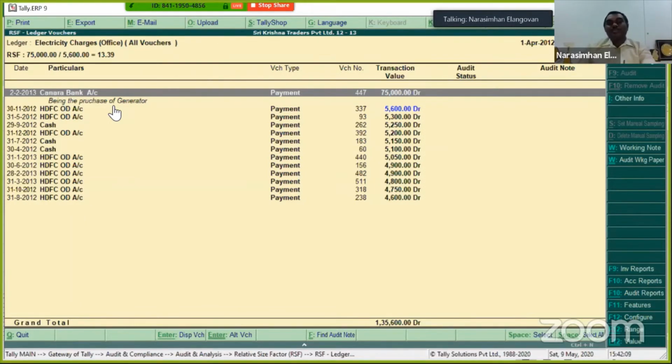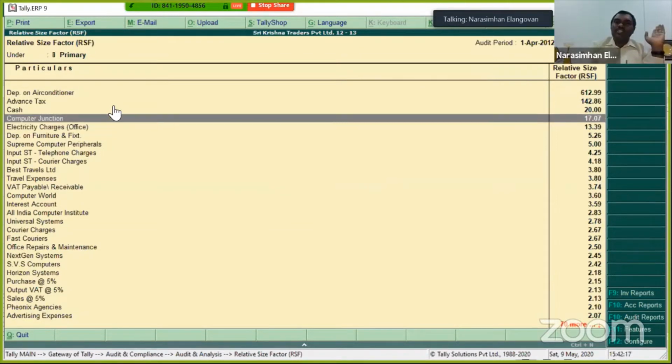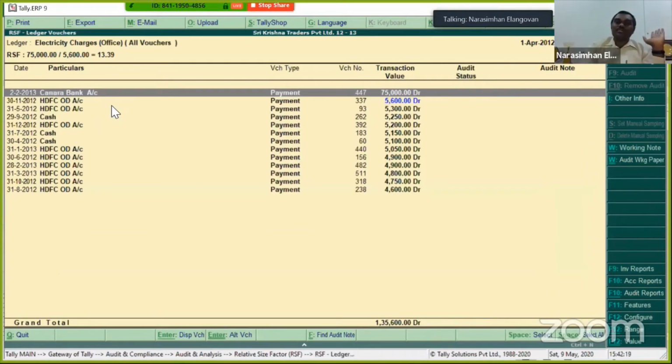And my suggestion, my dear friends, whenever you're doing this audit, forget about the rest of it. Just take this particular Excel sheet and export. Or wherever you have suspicion, just take this and export it. And you need not even sit and do all the exporting. Ask your article staff to do it. They will quickly start extracting all of this. Don't you think how much time you're saving when you're doing this? And most important of all, you are having a good audit work paper. Your quality of audit can improve, correct?